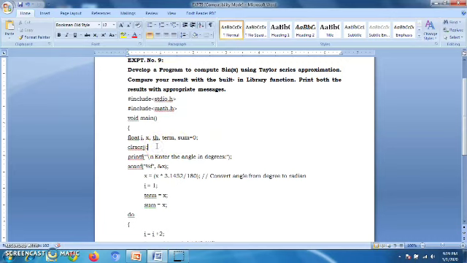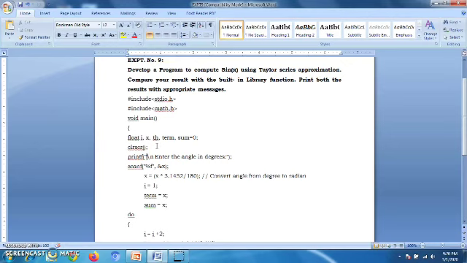After that, the next we have one function, that is clear screen. This is useful only on Windows machines. If you are running this program on Ubuntu, no need to use this clear screen. Clear screen means whenever you run a particular program, the previous output will be cleared, means it is going to clear the screen before it displays the output of this program. So that's why it is used.